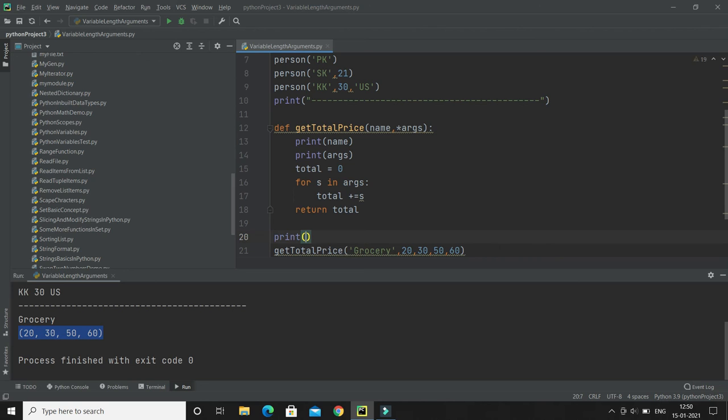So guys, that's all. Before leaving, let me tell you, as I said, when you pass a variable length argument or keyword variable length argument, in both cases you can pass zero or many arguments. If you do not pass anything, it prints an empty tuple, which is assigned over here, and an empty dictionary.